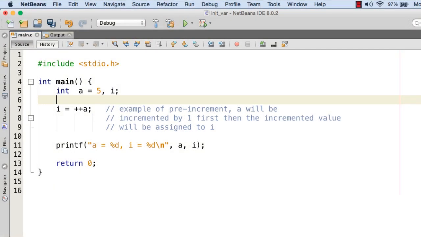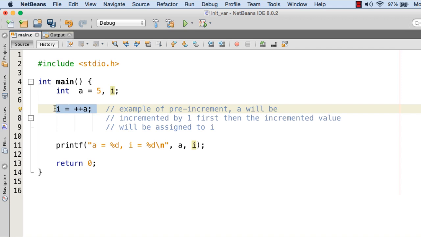In this programming example, I try to show you how the pre-incrementation and post-incrementation works. With this example, we have a variable A initialized with 5 and a variable I, also integer. And what we are doing here at line number 7, you can see that I equals to plus plus A. That means it is the pre-incrementation of A that takes place first, and then the value incremented is assigned to